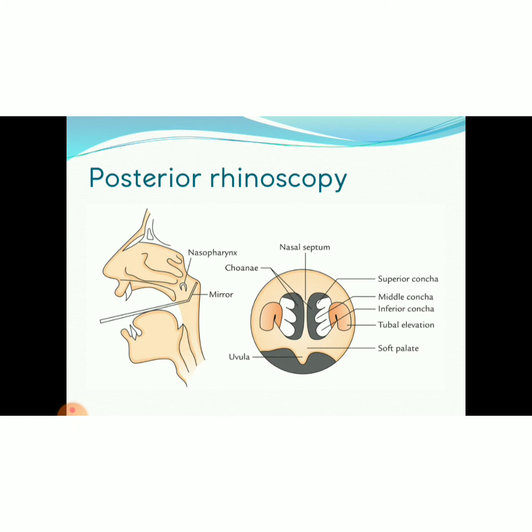You can see whether there is any discharge from the meatus, especially the middle meatus. If there is a discharge in the middle meatus, it is seen in the infection of maxillary, frontal or ethmoidal sinuses. And if the discharge is above the middle turbinate, it indicates the infection of the posterior ethmoid or sphenoid sinuses. So that is the use of posterior rhinoscopy.